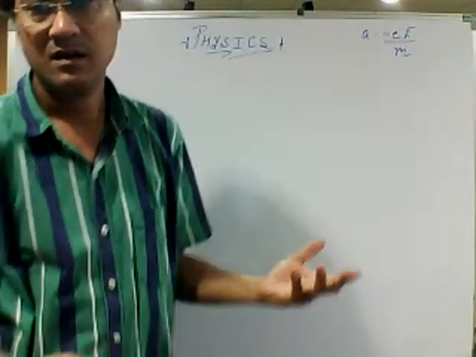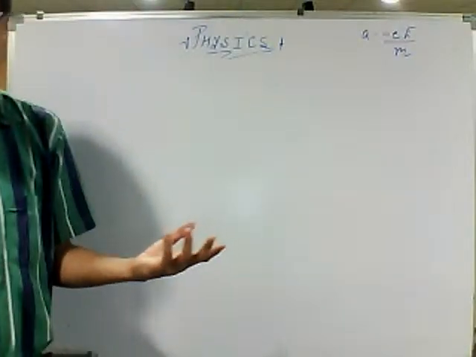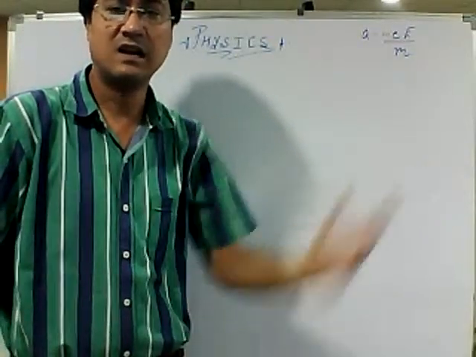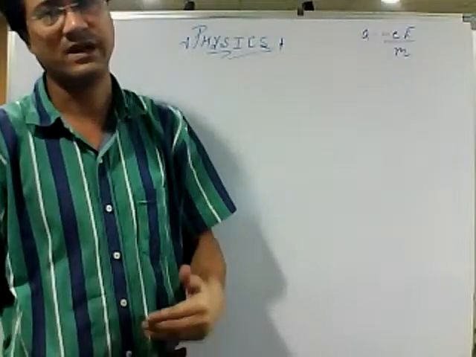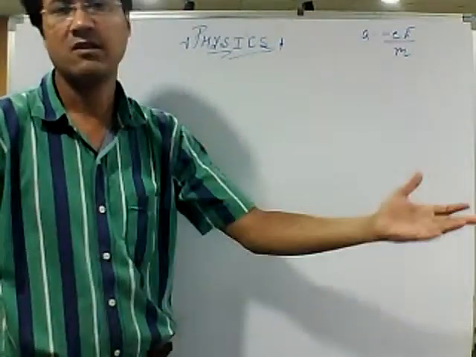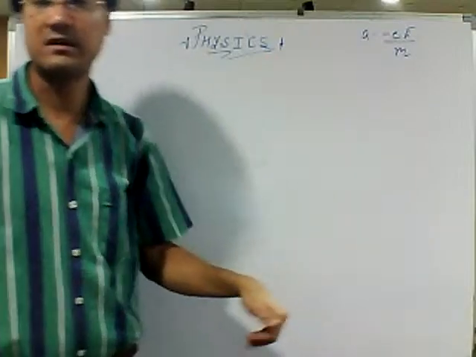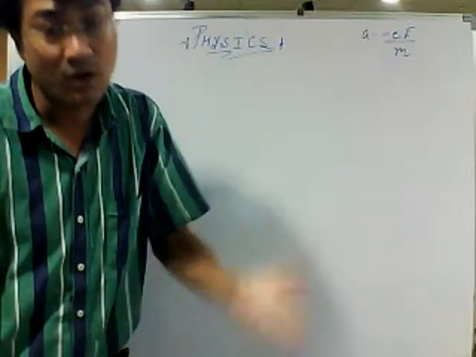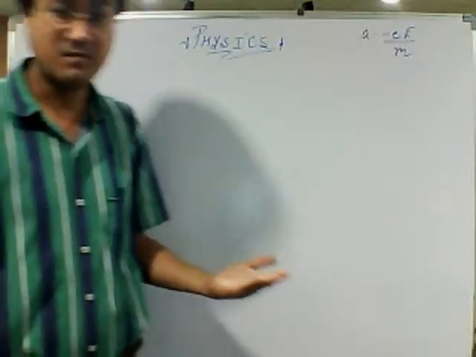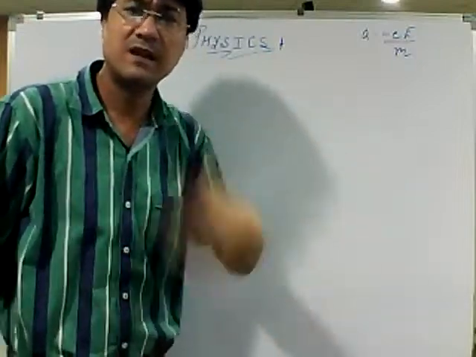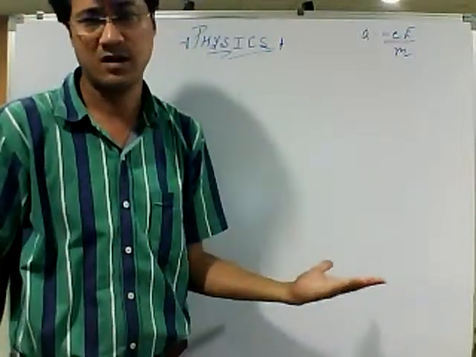Remember this part. Theoretically, if you keep on accelerating anything, until the time it gets destroyed, it can attain a speed. But in this particular case, it is regularly colliding. That means there will be a loss of energy, a continuous loss of energy. And that is the resistance we talked about.